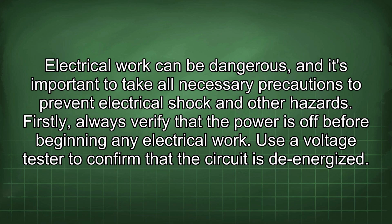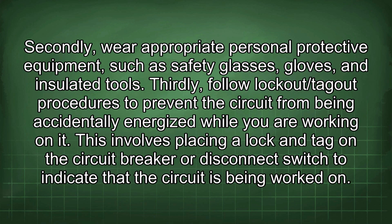Use a voltage tester to confirm that the circuit is energized. Secondly, wear appropriate personal protective equipment, such as safety glasses, gloves, and insulated tools. Thirdly, follow lockout/tagout procedures to prevent the circuit from being accidentally energized while you are working on it. This involves placing a lock and tag on the circuit breaker or disconnect switch to indicate that the circuit is